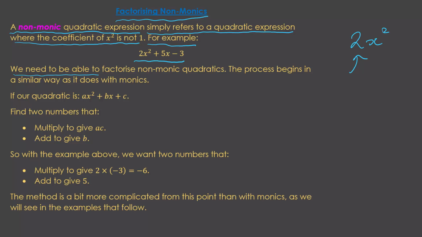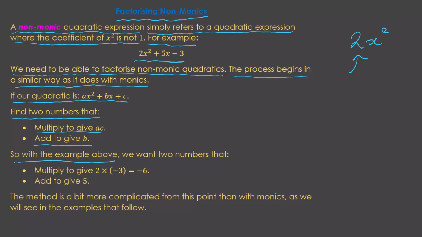We need to be able to factorise non-monic quadratics. The process begins in a similar way as it does with monics. If our quadratic is ax squared plus bx plus c, we find two numbers that multiply to give ac and add to give b. So with the example above, where we have 2x squared plus 5x minus 3, we want